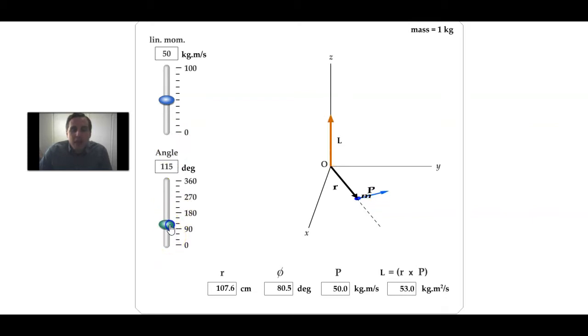What if I make the angle closer to 90 degrees? Well, it's more perpendicular, and there we go. We're at as close to 90 degrees as we can be, possibly. So at 125 degrees here, because I think this radius vector was about, say, 33 and a half or so degrees, notice that this is going to be as perpendicular as possible, so that gives us the largest angular momentum